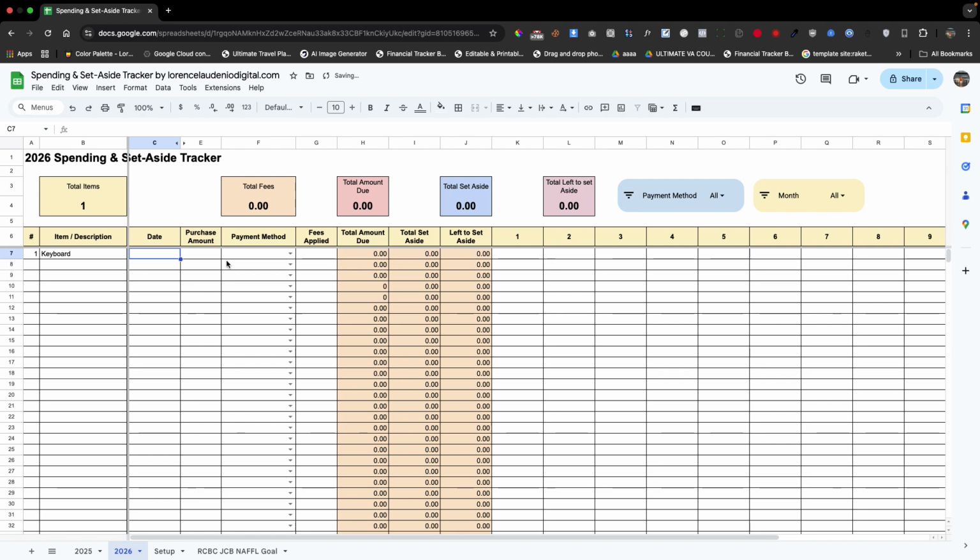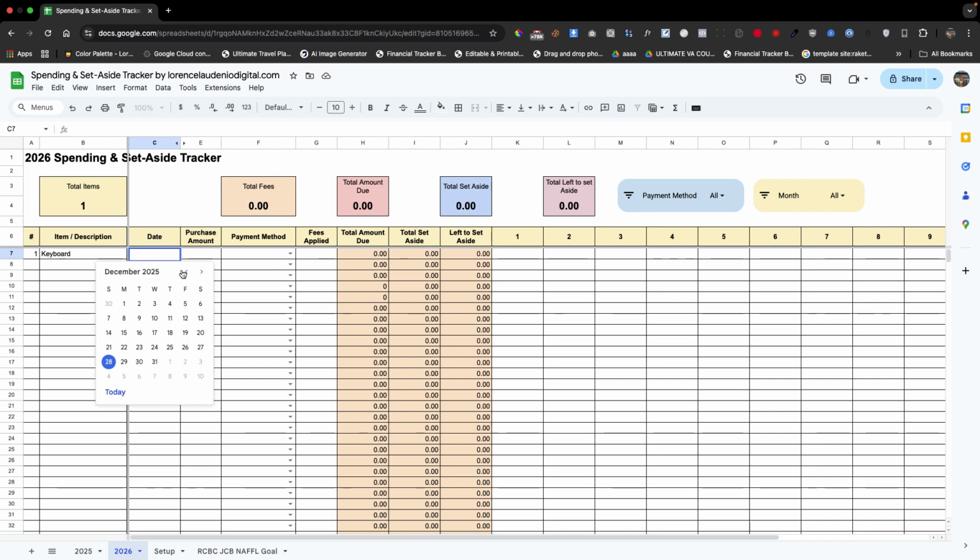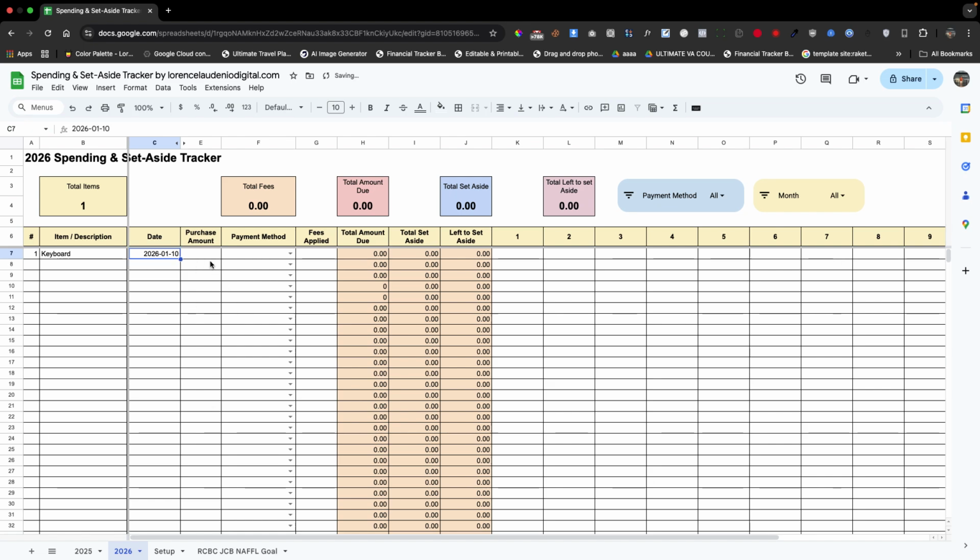As per the date, if you're using a computer, you just have to double click this cell in order for the calendar to pop up. So we select January, let's say 10, and then the purchase amount, how much is the keyboard, let's say 500. As you see, the total amount and set aside is auto computed, and this one is also updated.